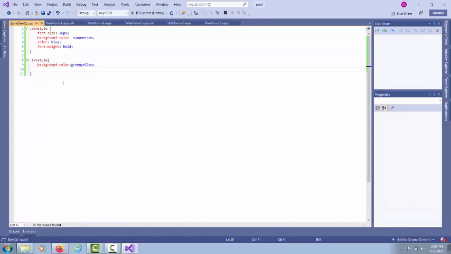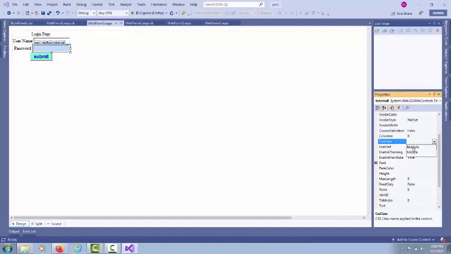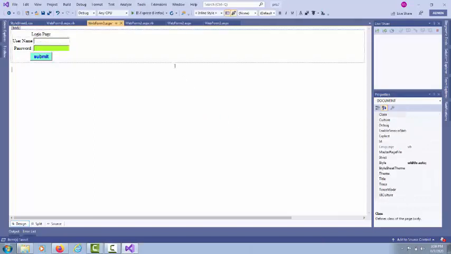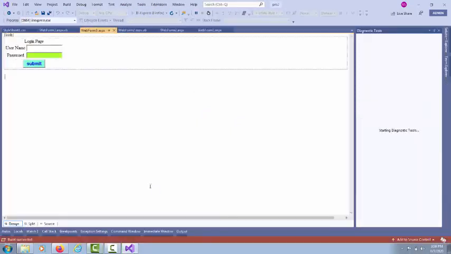If you want to apply this, go into your page, select the control and apply the CSS class. You can see there are two classes available. You have to select the txt style. So this particular thing will appear here. If you run this, you can see this thing is right here.